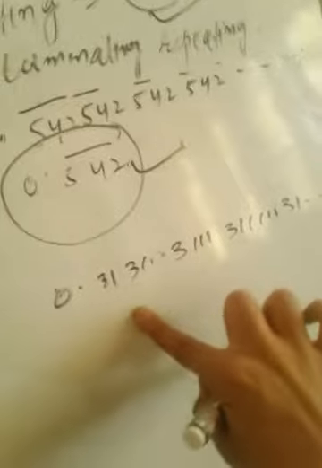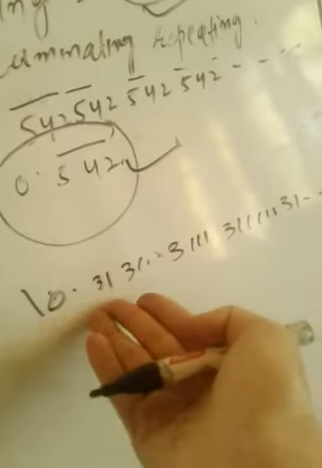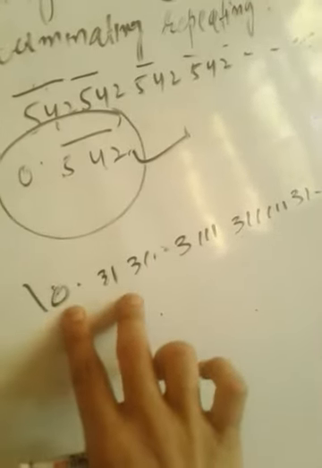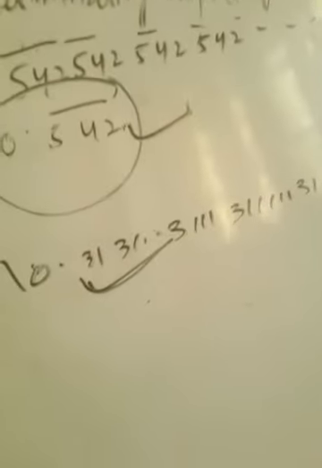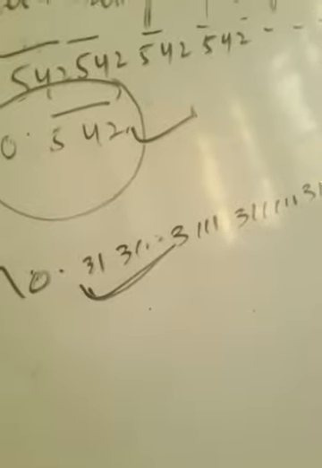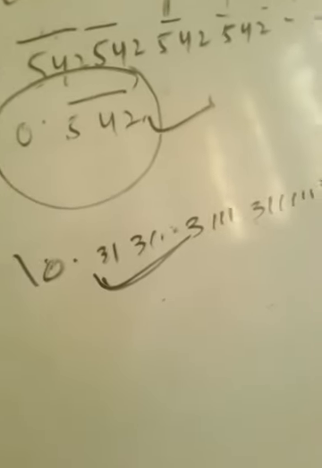This is a type of number where you don't see any pattern, and neither is it terminating nor repeating. When you see this type of expansion, you should immediately say that this number is an irrational number. I hope you will